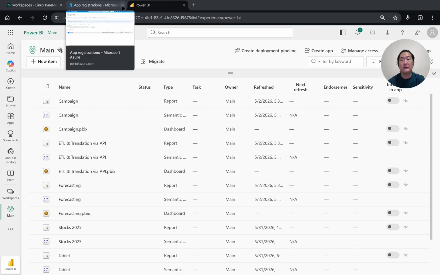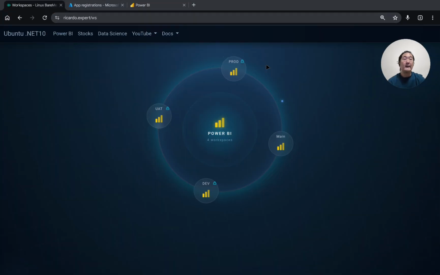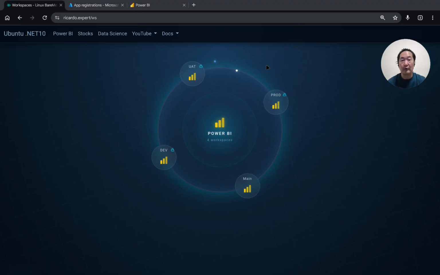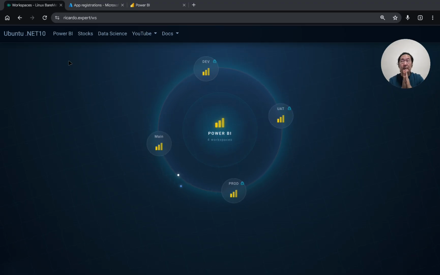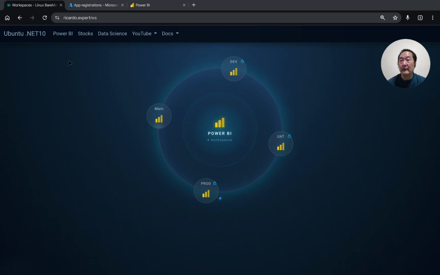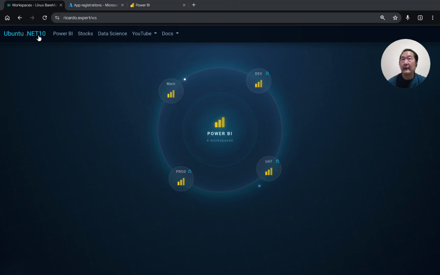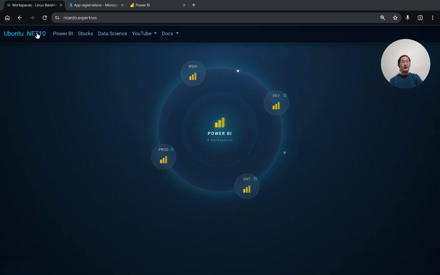Anyway, this is the Power BI third-party embedded application, which originally came from the GitHub source. It was version .8, but then I migrated to .10